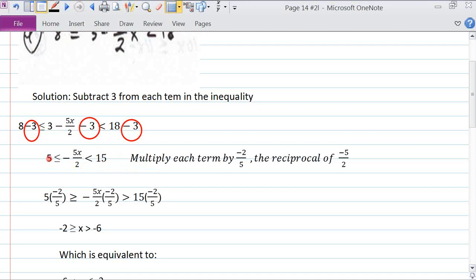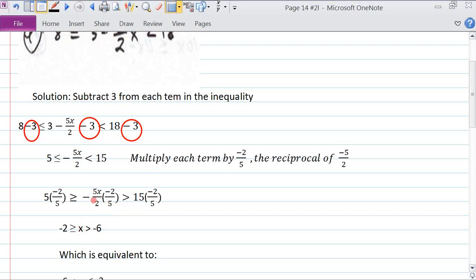So I'm now left with 8 minus 3 is 5. The 3 and the 3 cancel. I'm left with minus 5/2 x, and 18 minus 3 gives me 15. Now I'm going to multiply each term by minus 2/5, because if I multiply by minus 2/5, I'm going to get x here. A minus 2, and this minus will be plus. The 2 cancels with a 2, the 5 cancels with a 5, and I'm going to be left with plus